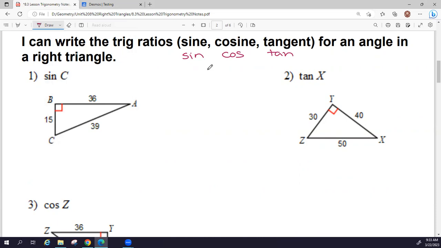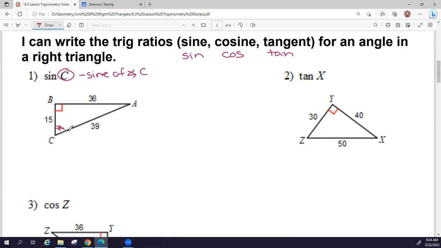And so in a right triangle, if we refer to a specific angle, so in this case, we're referring to angle C, whenever we write a sine, cosine, or tangent function, we always put the angle that it's related to next to sin, cos, or tan. So this is talking about the sine of angle C. So I like to go over here and maybe put an asterisk or a star or something in angle C